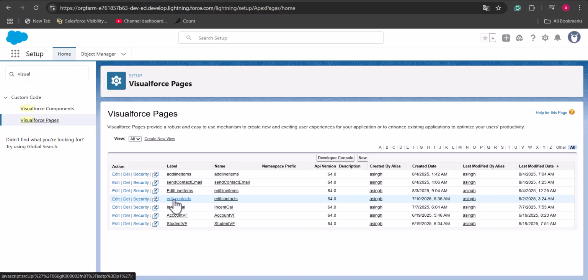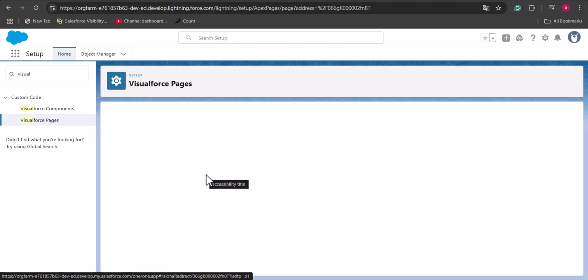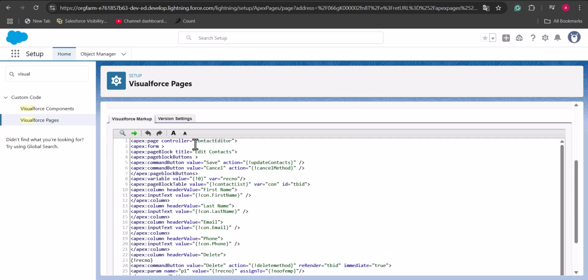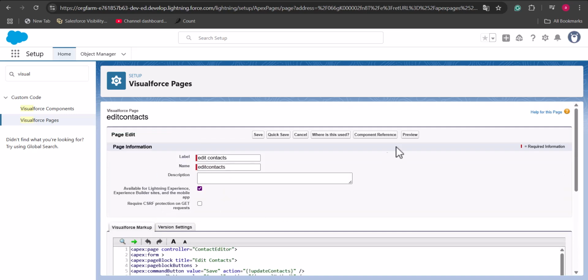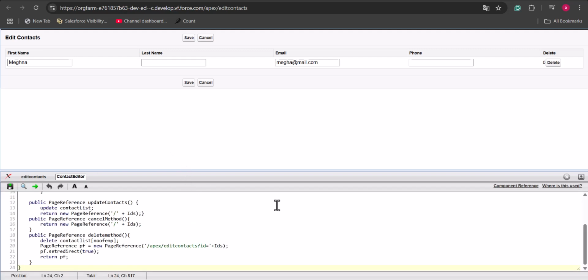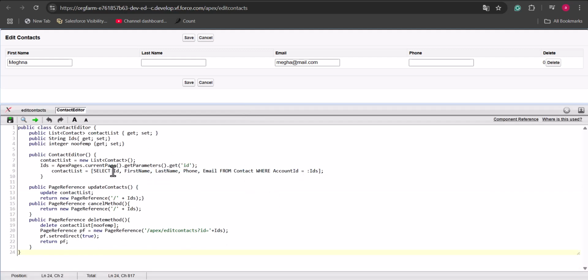So here is the Visualforce page that I have created to edit the contacts. In this Visualforce page I have used a controller called ContactEditor. This is the Apex class in which we have defined the method to edit the related records, and I will also show you the preview. In the preview, you can see that it will fetch the first name, last name, email, and phone of the contact. And this is the controller class that I have created to edit the contacts. So let's see how we can create this Apex class and the Visualforce page